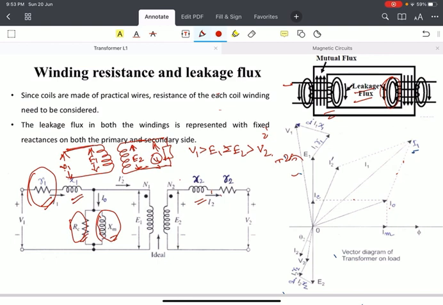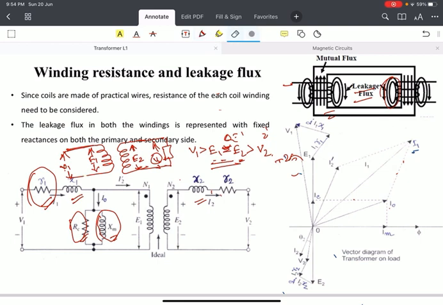This depends on the E1 to E2 ratio, which depends on the number of turns, or A. If the number of turns are more, then E1 is more than E2. If the number of turns are less, then E2 is more than E1. However, whatever the case may be, E1 is equal to E2 if A is equal to 1, but E2 will be more than V2, as E2 minus losses will give V2.